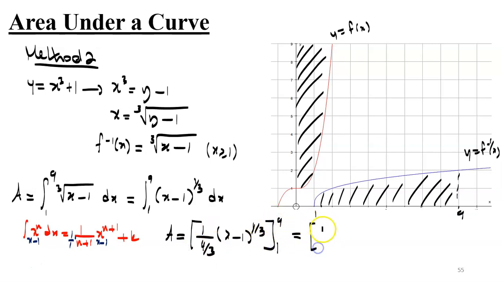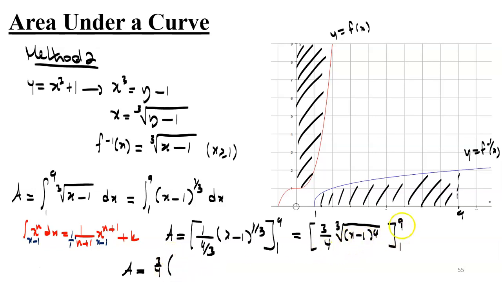Simplifying that would give me 3 over 4 into (x minus 1) to the 4 over 3. We could just bring back the cube root if we wish. So it's the cube root of (x minus 1) to the 4, between 1 and 9. So applying upper bound minus lower bound in order to evaluate that, that's 3 over 4 into